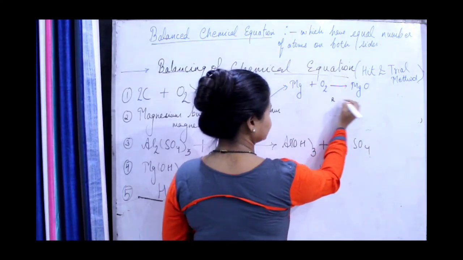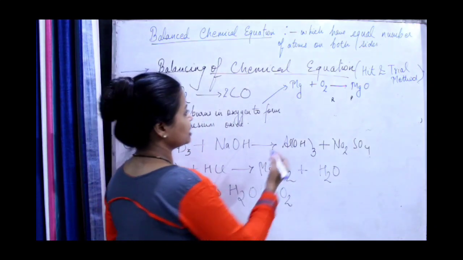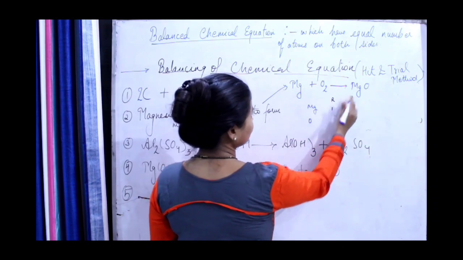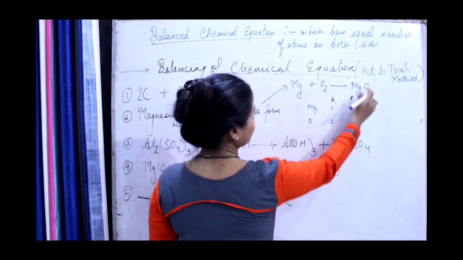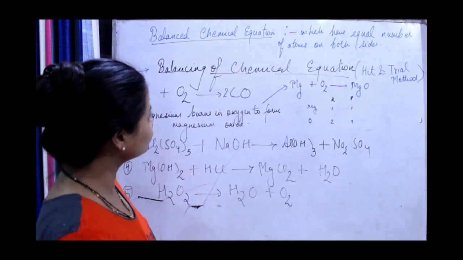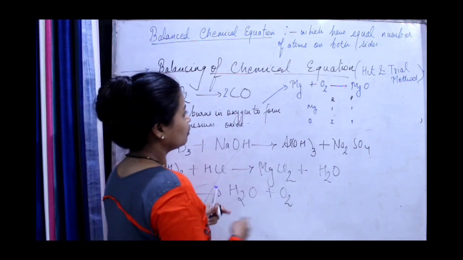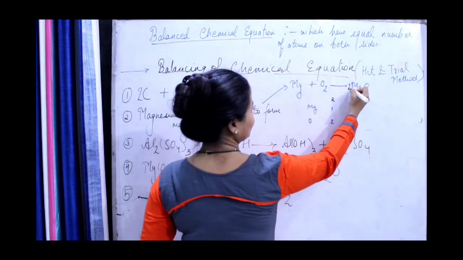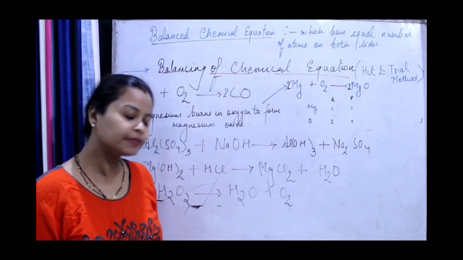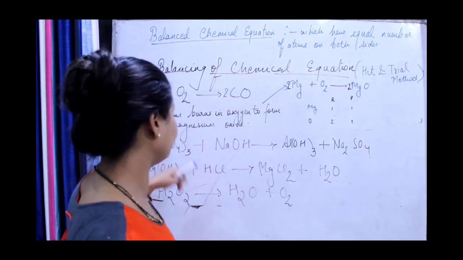Okay. Now, let us start. We'll write first reactant, product. Let me write the elements. Which are the elements? Magnesium and oxygen. Reactant side magnesium 1. Here also 1. Here 2. Here 1. It is same like this only. So what we will do? Let me write. Very simple it is. You only tell me. It will be 2 over here and 2 over here. So it is balanced. You can check it out. I have taken a simple example first to make the concept clear. Then we'll move on to a tough one.